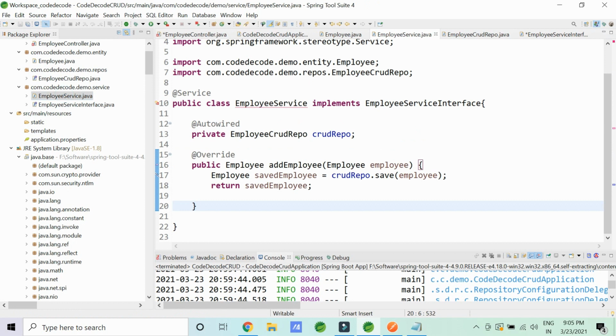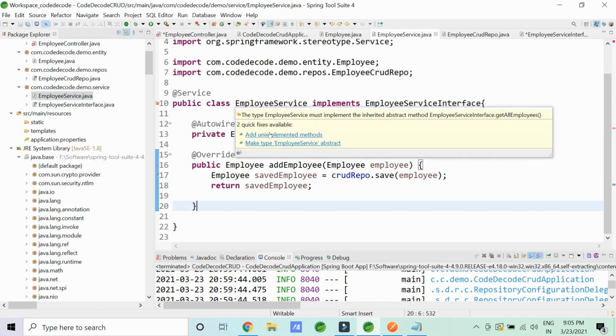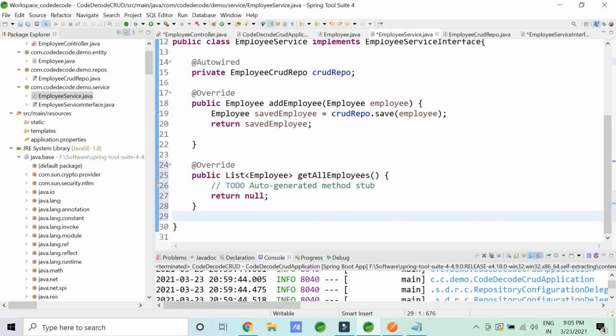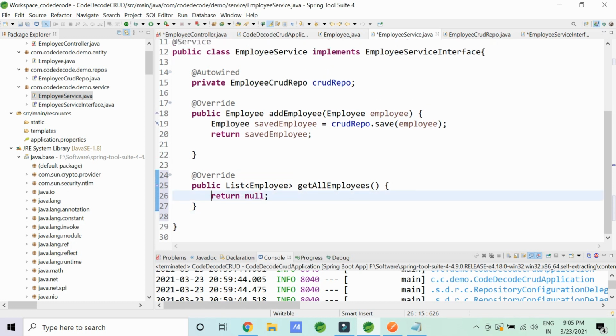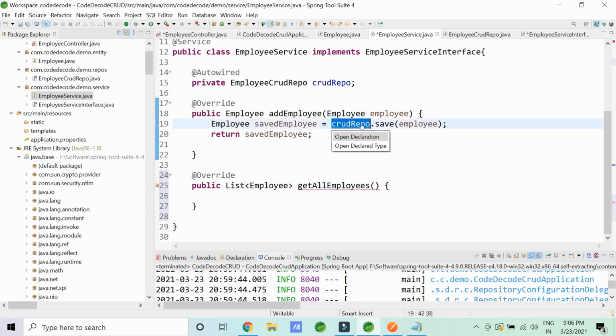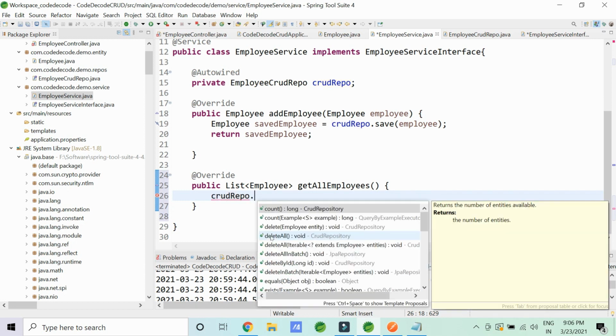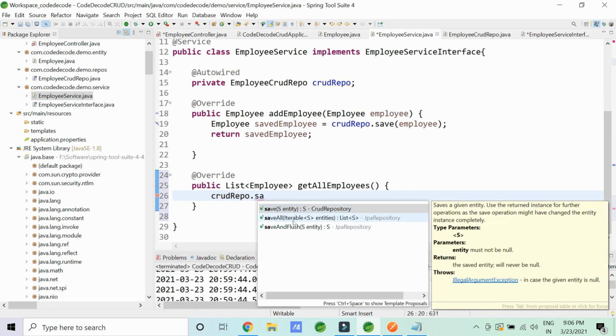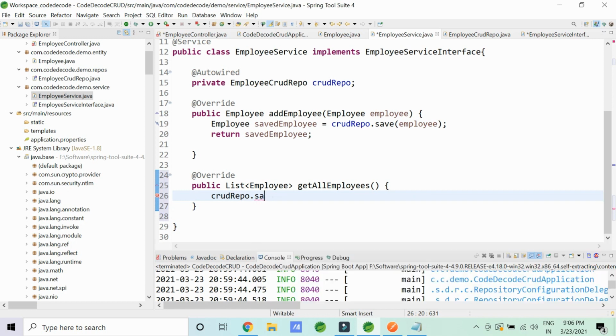Now the service is going to cry. It says that please add the unimplemented method. So I have started adding the unimplemented method. It says return null. I don't want to return null. What's the result of adding null as a response to the HTTP request? So I'm saying that please save all. So I don't want to save, right? I want to get dot find all.